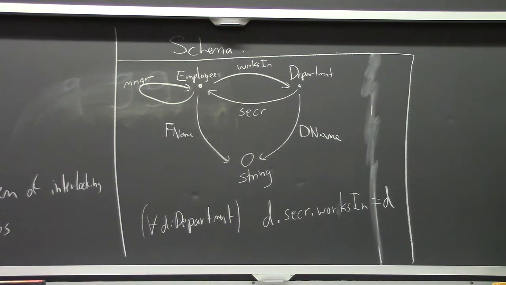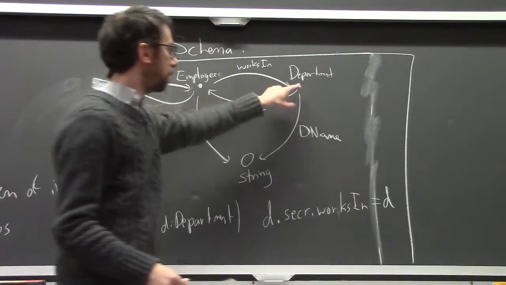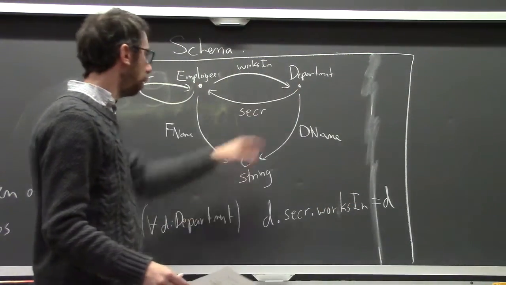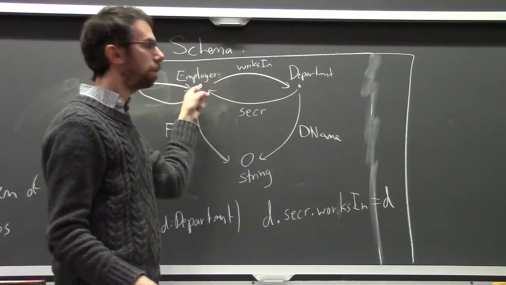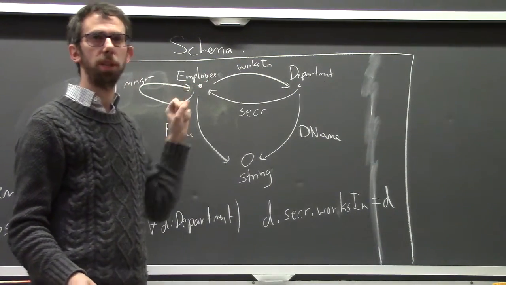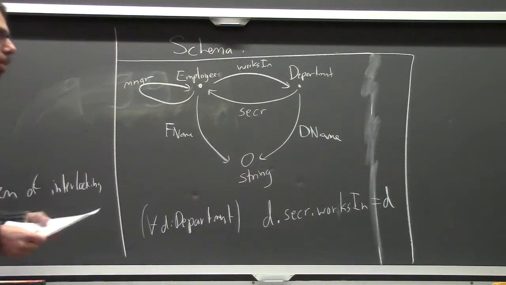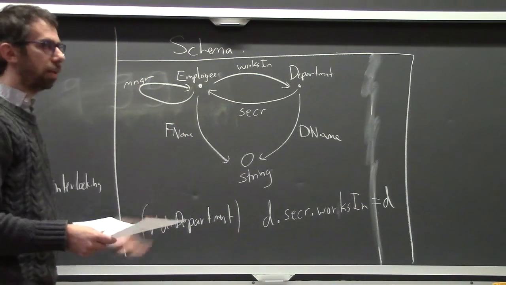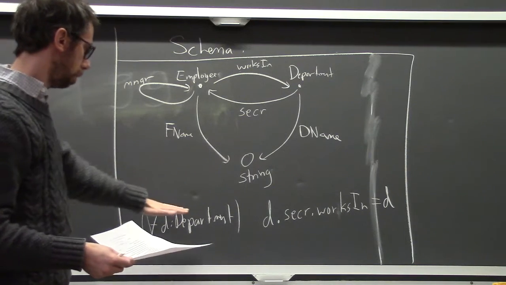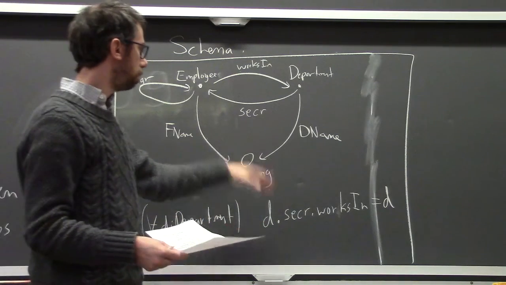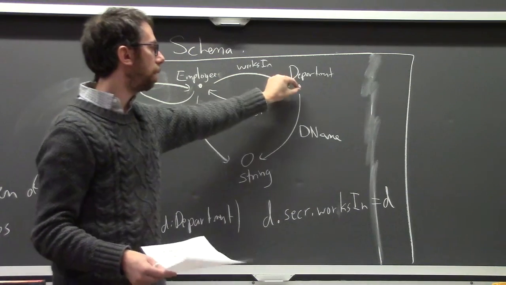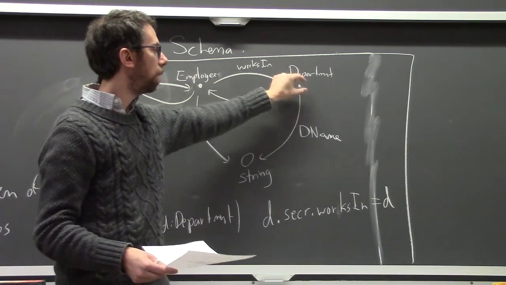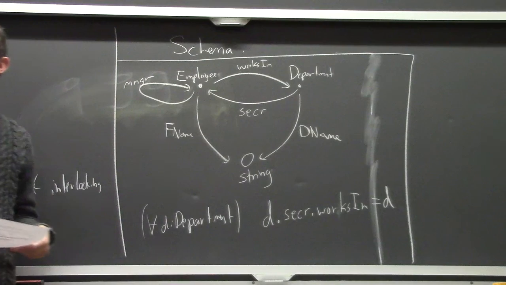So I can add any number of equations. The only rule for these equations is that they're all of the form for all something. So for all employees, maybe the manager works in the same department as the employee works in, or something like that. That doesn't actually tend to occur, because then you never get beyond your own department. But right. So if I start in a department, I can either follow the path around like this, or the trivial path, and I make them the same.